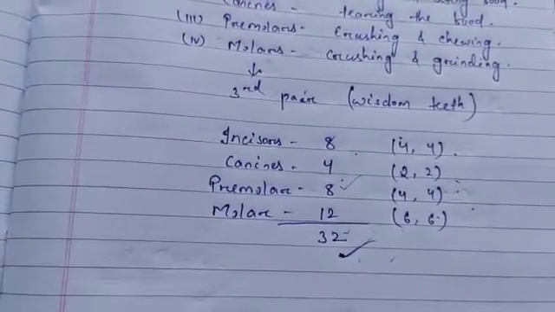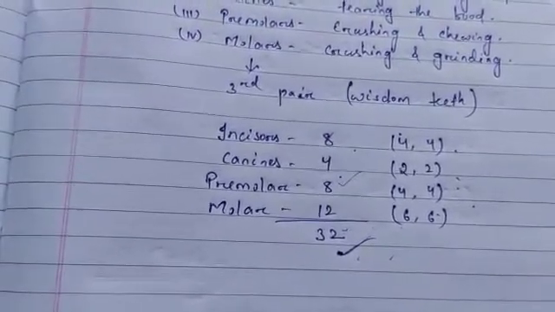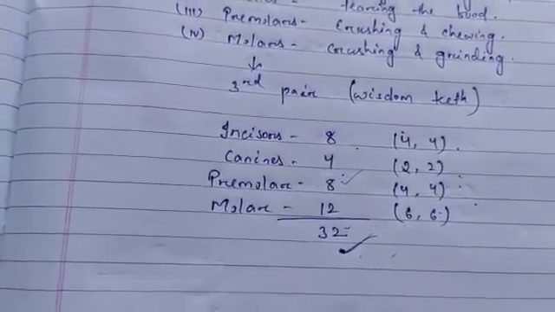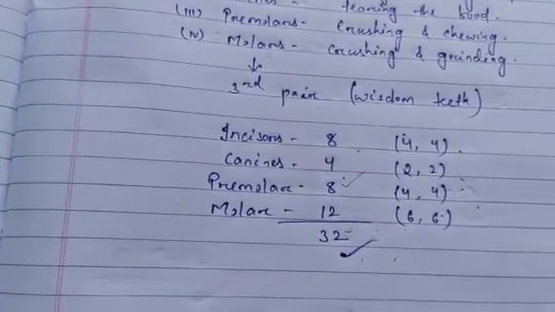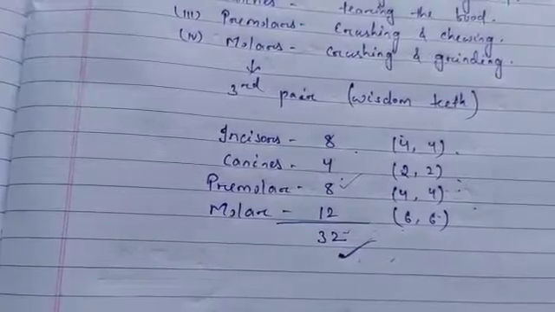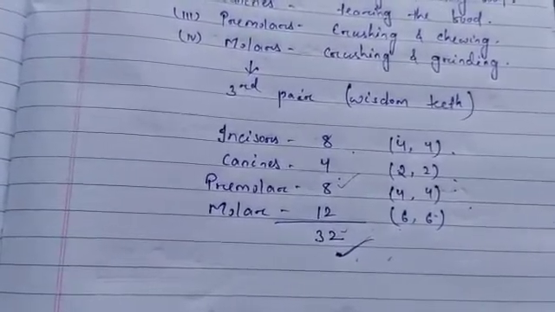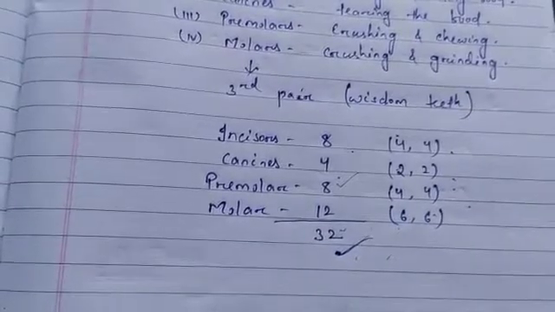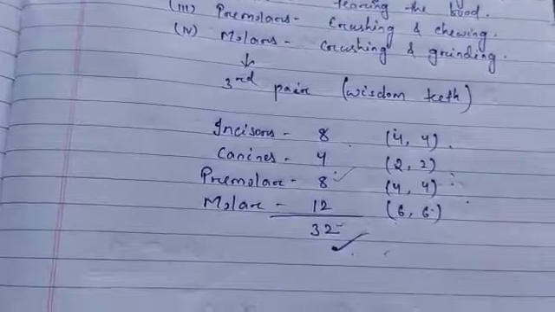Cavity means when we are eating, small pieces of food particles are left in between the teeth, and if you don't clean the teeth properly, this causes the growth of bacteria. When the bacteria are growing, a yellowish layer is formed, that is called plaque. So bacteria then break down the food particles into acids.